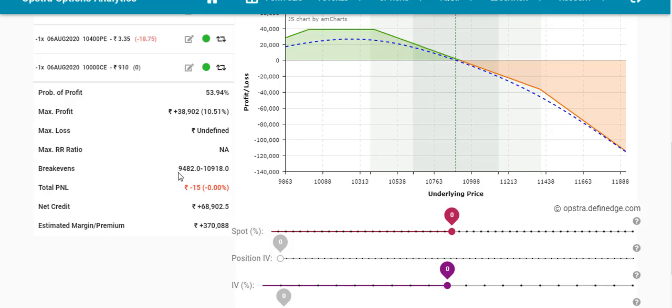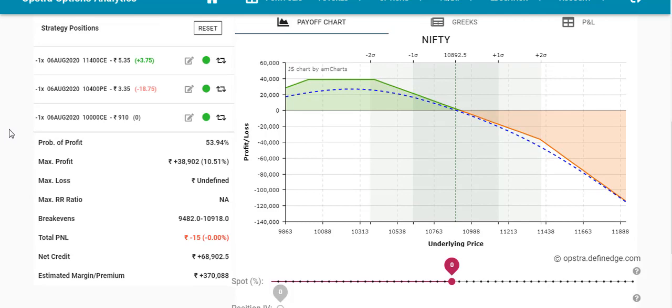So guys, you can see how we can adjust our trade if it is loss making. If the market is going down, this is how we need to adjust our trade. If the market is going up, this is how we need to adjust our trade. Here you can see maximum profit has increased to 38,000, but it will not increase this much because the market is running at 10,900 as of now. If the market reaches 10,400, then the premium will decrease to somewhere around 400 to 500, but your break even will decrease enough so that you can make good, safe money.